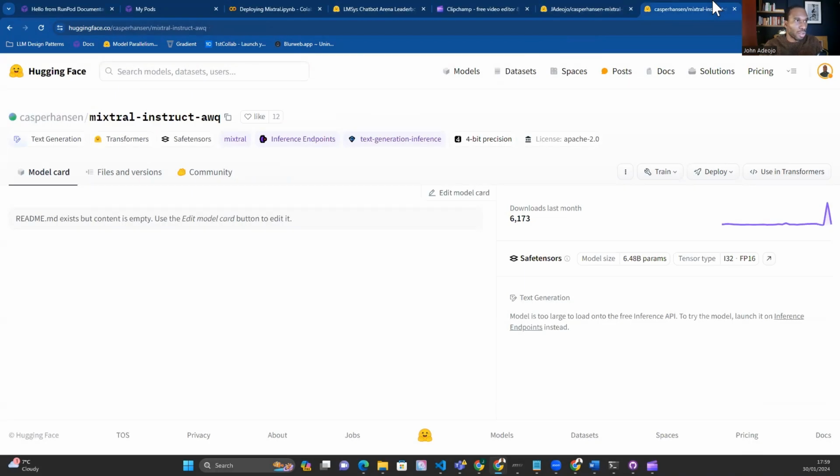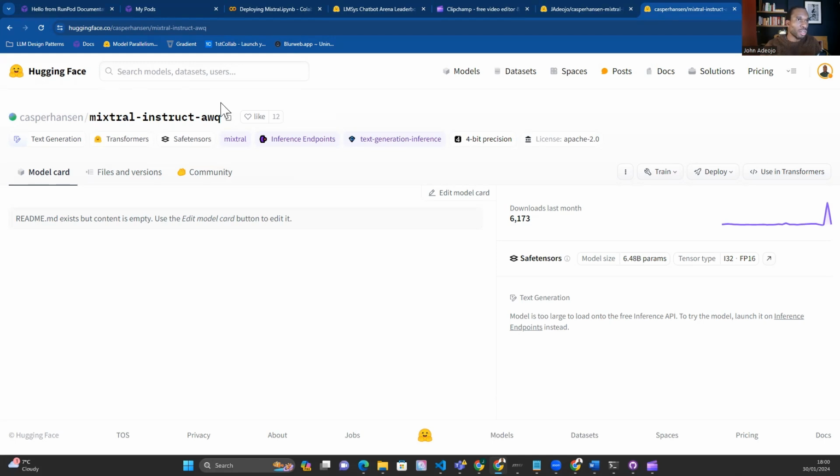All right, so what you should see on the screen right now is the Hugging Face platform. And this is obviously where we can get a lot of large language models. So you might notice here, I'm using the Mixtral Instruct AWQ, and that's by Casper Hansen. The reason I picked this model out is because we want to use an AWQ model, which is a quantized model, which will load the model in 4-bit. So it's lower precision. And the reason for this is because it requires a lot less hardware to actually run this model rather than running the full Mixtral Instruct model, which would require quite a few GPUs to work. So using the quantized version means that we can get it up and running cheap, and Casper Hansen has kindly